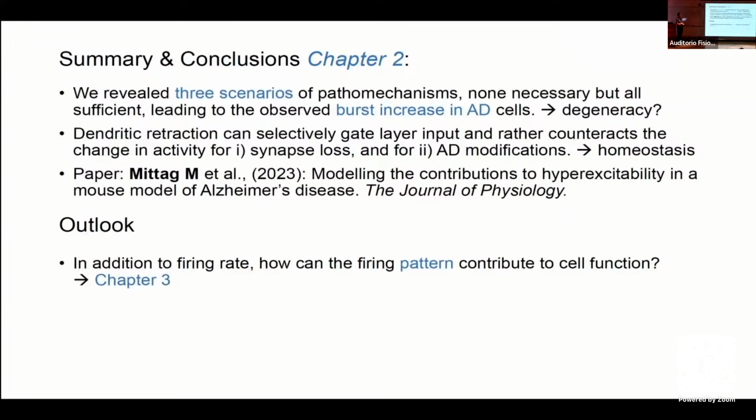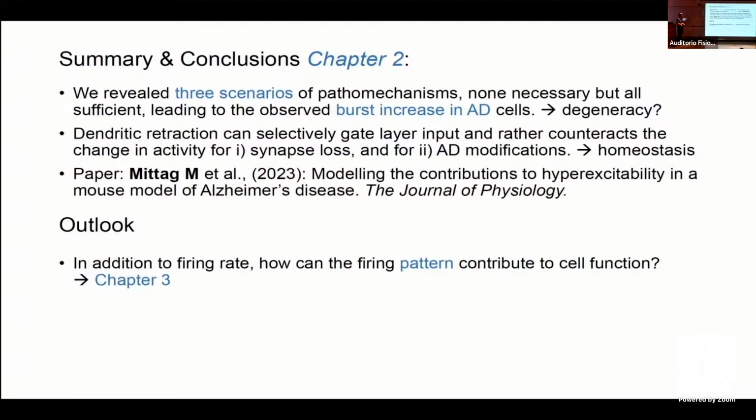That's why we call it degeneracy, which also makes it quite hard if you want to find some sort of treatment for Alzheimer's cells, if we have so many mechanisms that could actually be the reason for it. So you have to identify what scenario fits in what case, and then adapt your medication to it. Then again, the dendritic retraction that is observed at the same time doesn't seem to be pathological, but rather helping the cell to try to keep the firing rate as it normally would be. So a sort of homeostatic mechanism. Yes, we published this last year,